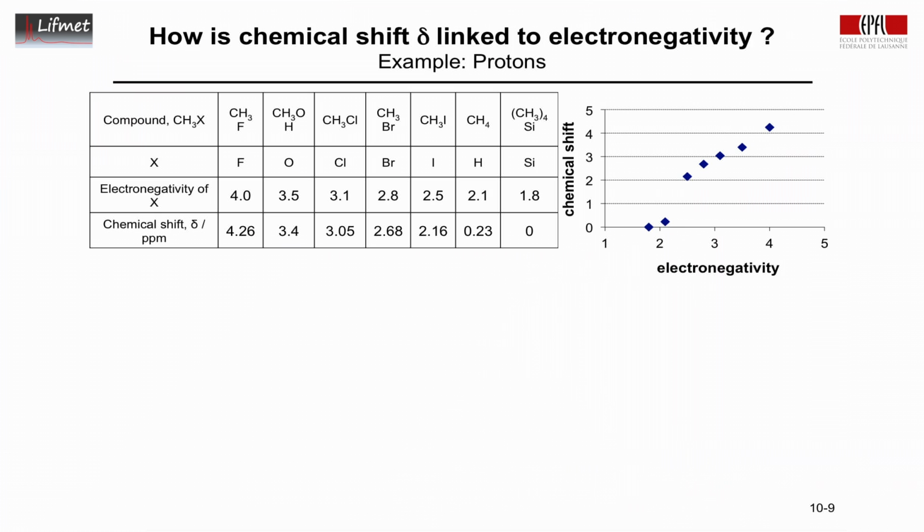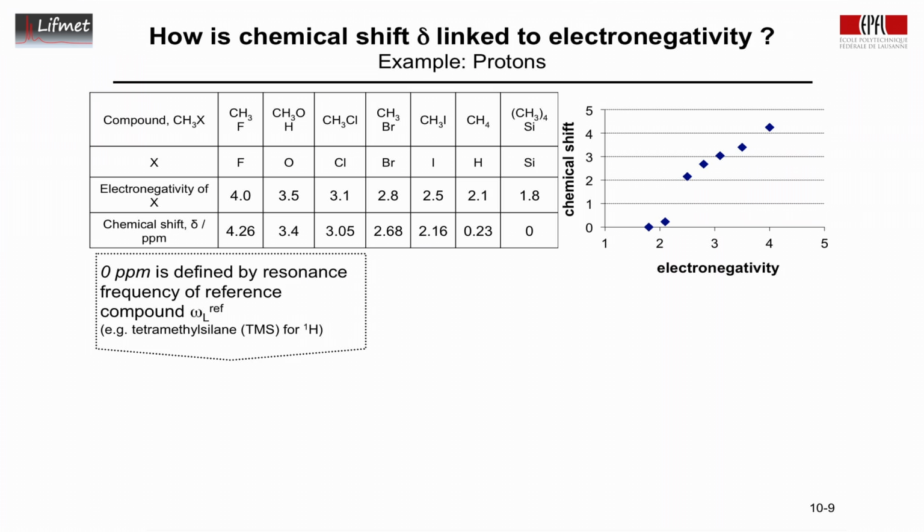shift and electronegativity. Now, chemical shift is not measured in Hertz, but it's measured in parts per million. And parts per million here is not a measure of the number of molecules present, and it's not an absolute measure. It's actually measured with respect to a reference compound. For proton, tetramethylsilane, or TMS, is one compound, and here it is the reference compound, so this is set to 0. So the exact expression here is the difference of the resonance frequency observed relative to that of the reference